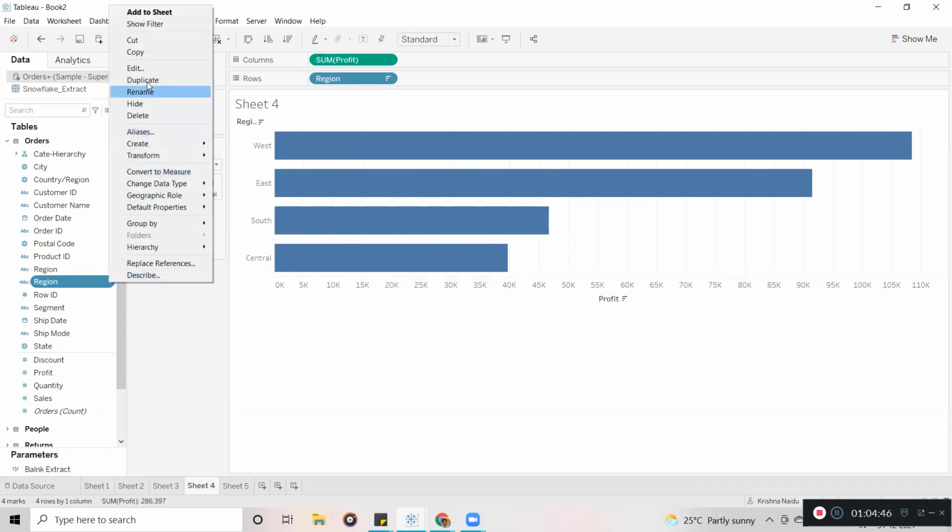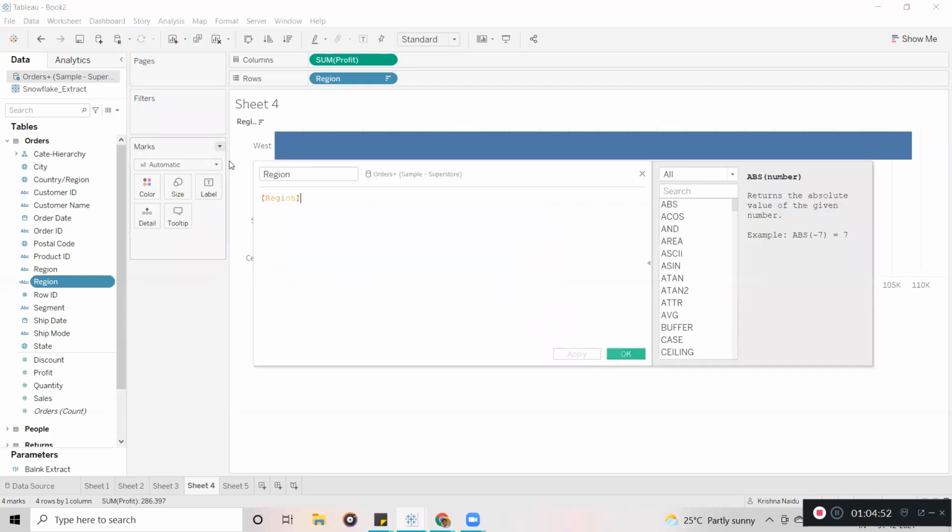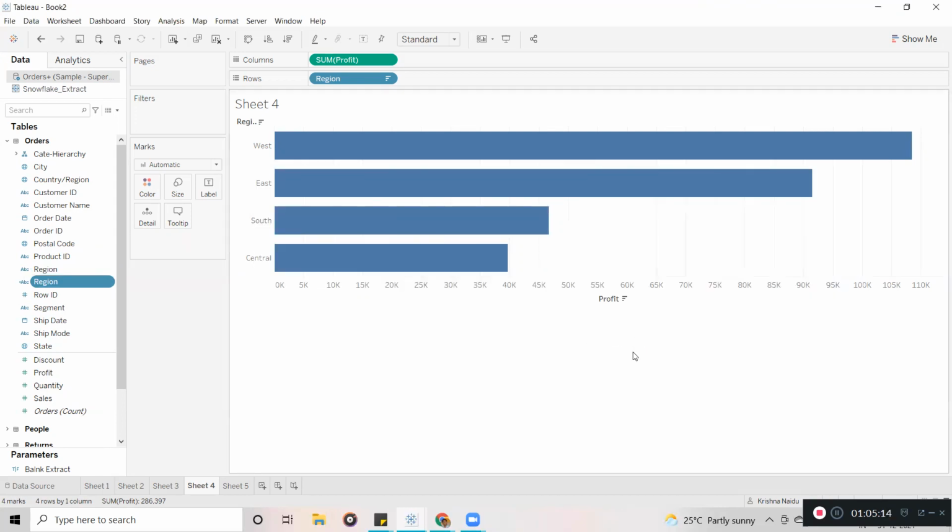Now if I edit it, what is this calculation going to have? Nothing, guys. It is going to have only the region field. This is the name region, it is available here. Now we will see why it is displaying like this whenever we learn calculations. This is also one calculation field, guys. This, whatever we have duplicated, is created automatically as a calculated field. Okay, I'm clicking on OK.